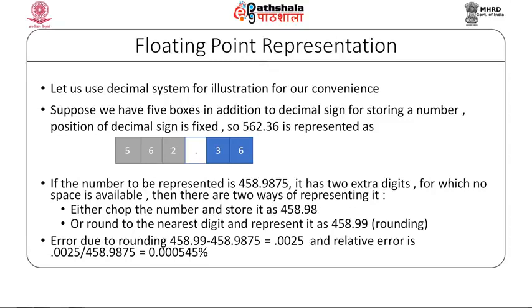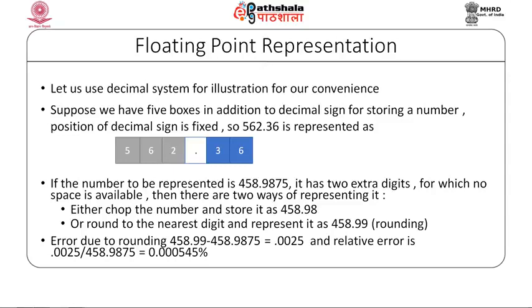It has 2 extra digits, they will be lost while storing, they cannot be stored. There are 2 ways of doing it: either just chop off the extra digits, so 75 is chopped off, that is called chopping, and the other is rounding. Before chopping off, round the last digit to the best place. Like 458.98 we will round to 458.99, it is called rounding, and the error due to rounding is